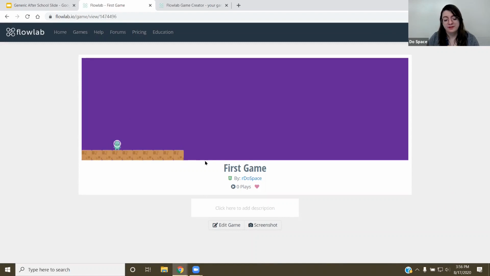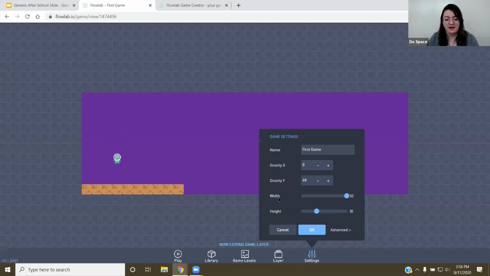But I want to point something out in here. This height and width, we're going to go into this later, but width and height here is actually the camera width and height, not the actual physical room. So if you played old school pixel games before, where the screen kind of pans over as you move, we can actually make our levels really, really big. It's just that this is the camera size. The reason I'm saying camera is because it's the view, so it's the view size max there.